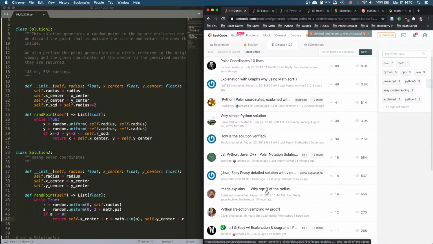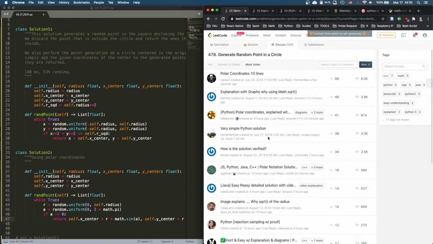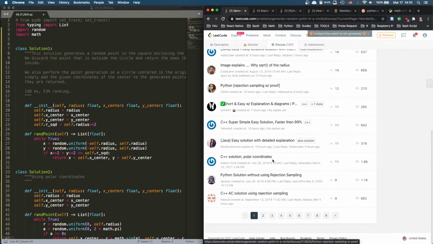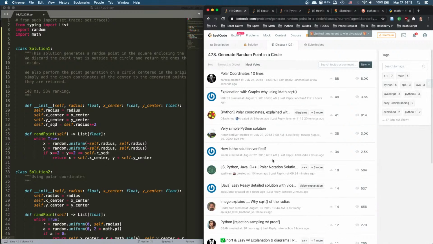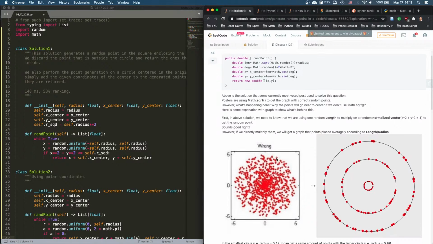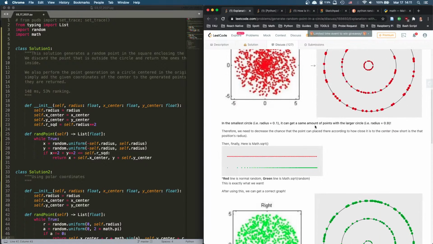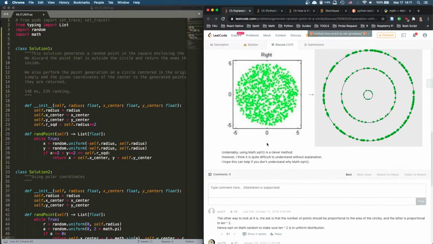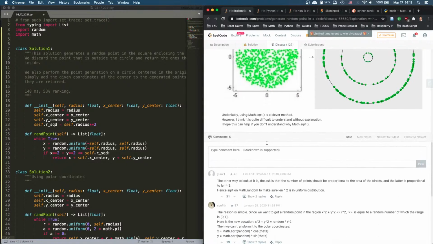I think there's probably one that says we don't use SQRT. My first solution doesn't use SQRT, right? Anyway, let's take a look here. Wrong, yeah. And finally here is math.sqrt. Now the right solution is to use